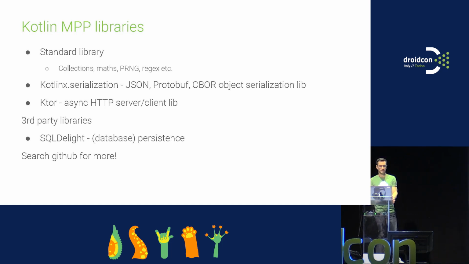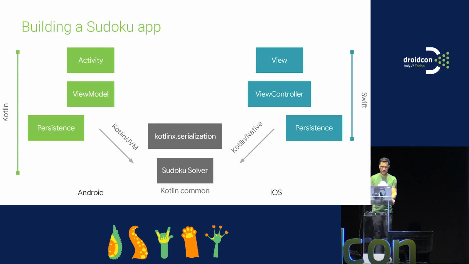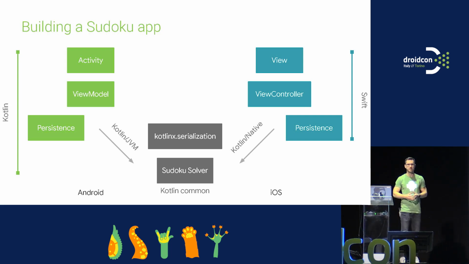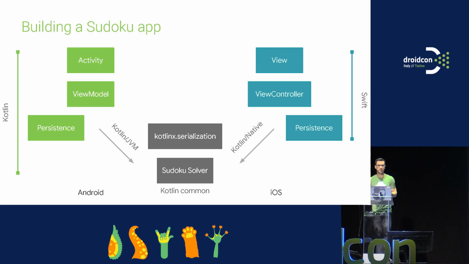So thinking about this, let's move to the next section. So serialization, like I just said, is another way of making sure that part of your app is multi-platform. Instead of writing it yourself, instead of moving it to Kotlin common code and trying to share it, why not just use a library that's already available? And kotlinx.serialization does just that. I was able to use that. It just works on both platforms. It gives me JSON serialization for my Sudoku game objects, for my Sudoku boards, so that I can share it between platforms. Now, before I move on to the next section, let me just show you how this works